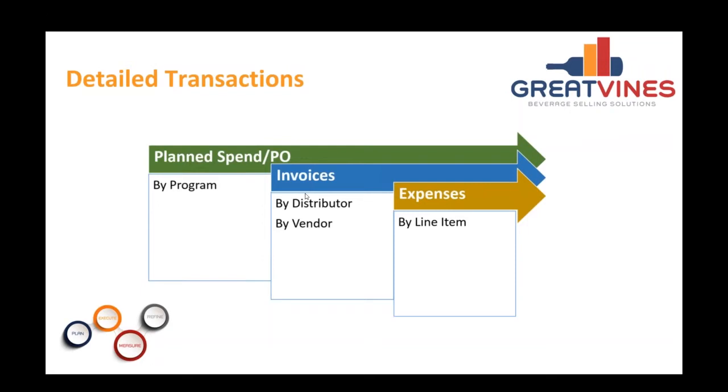And through the integration with your back-end accounting system or ERP, you can either have invoices pushed into the GreatVines TPM solution, or you can create the invoices directly in GreatVines. You've got the flexibility to do it either way and have workflow go back and forth between the two systems. And then, of course, you've got to be able to handle the line item expenses that are hitting against those invoices. And you need a workflow process,